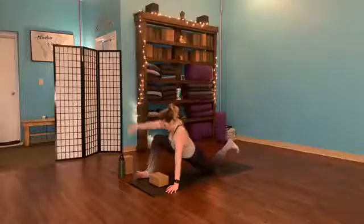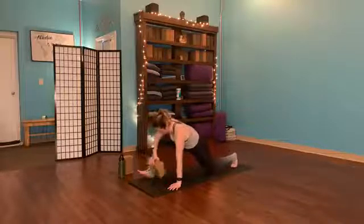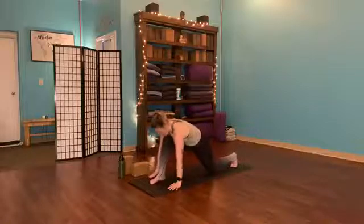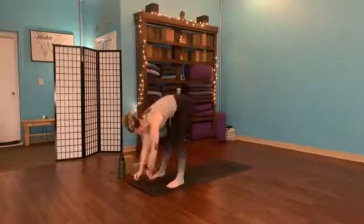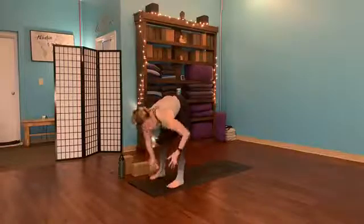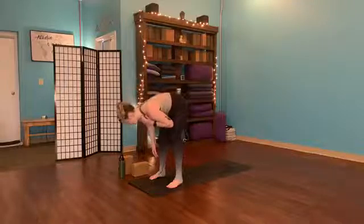The foot, release. Everyone back up onto the palms. So up onto your palms, foot to center. Tuck the back toes, lift the knee and walk it up, forward fold. All right. And you maybe hopefully feel nice and loosey-goosey in your legs and you're feeling ready to come towards